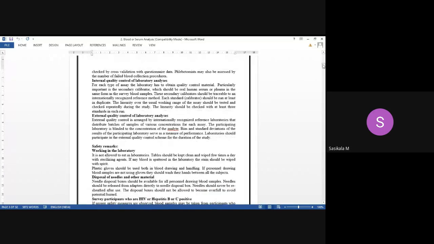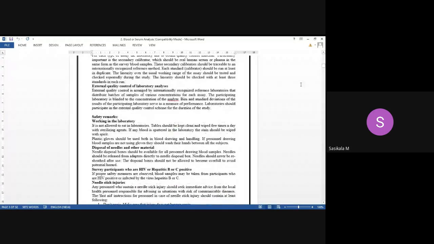So all the procedures, from the collection of blood, from taking care of patients, how to collect, what all the procedures are, everything we need to follow with the standard guidelines. Whatever is prescribed in the standard guidelines is to be followed for safety, and quality materials need to be used. This will be monitored by internal quality audit people and external quality audit people, and that is called internal quality control and external quality control.